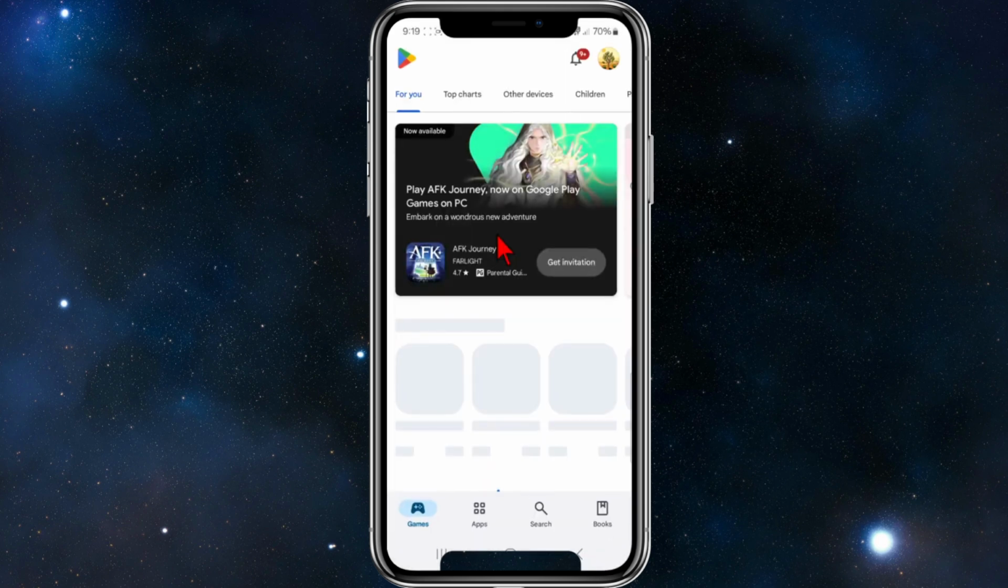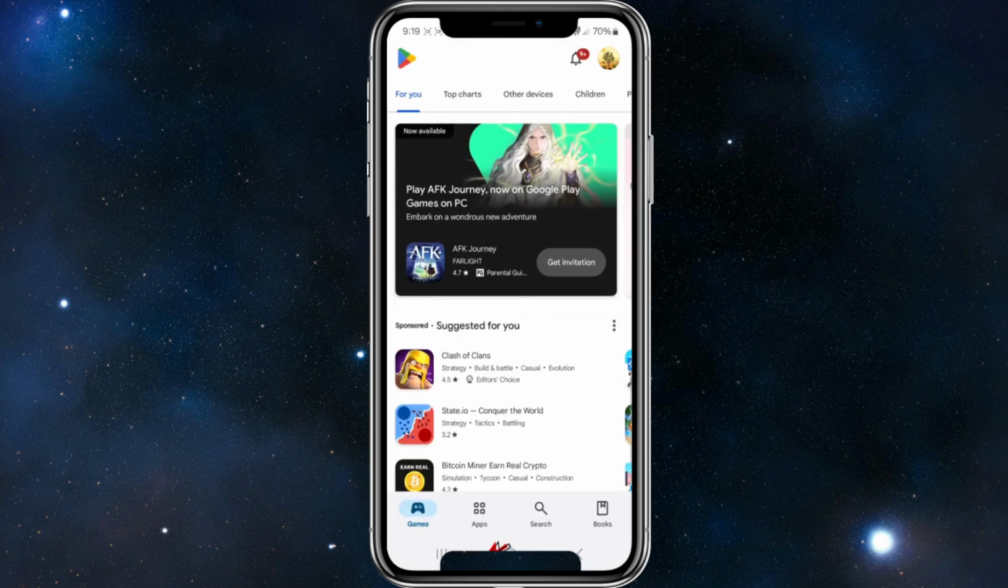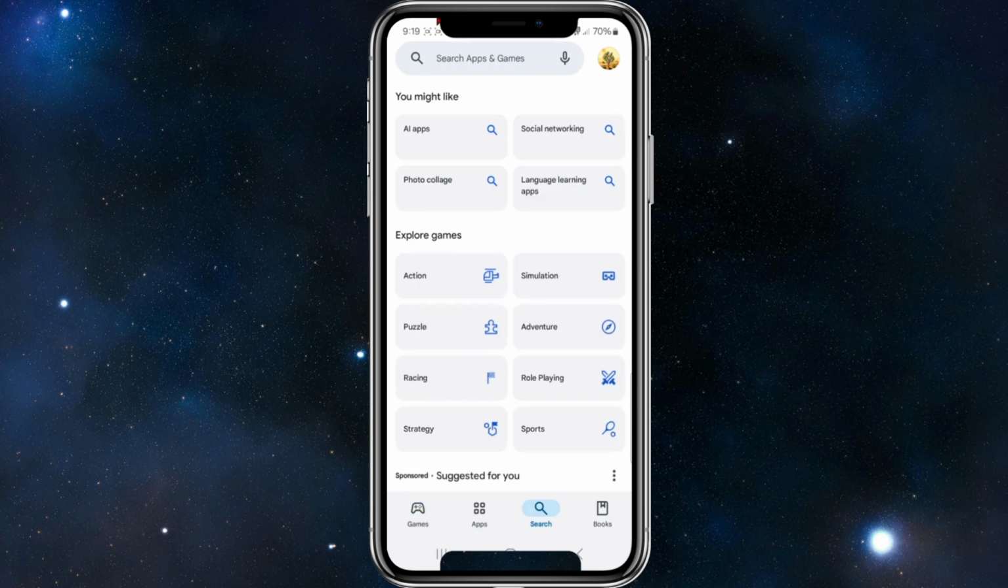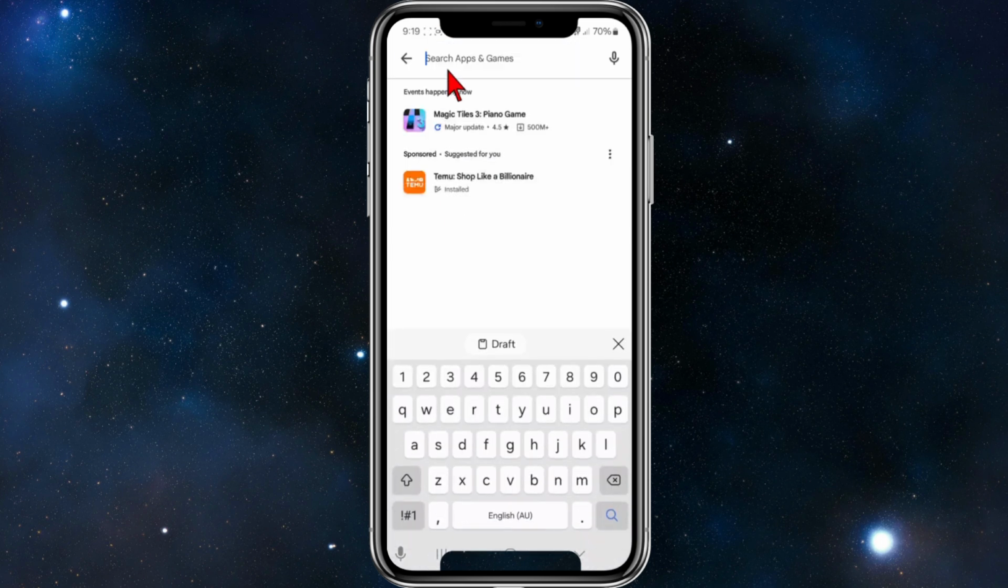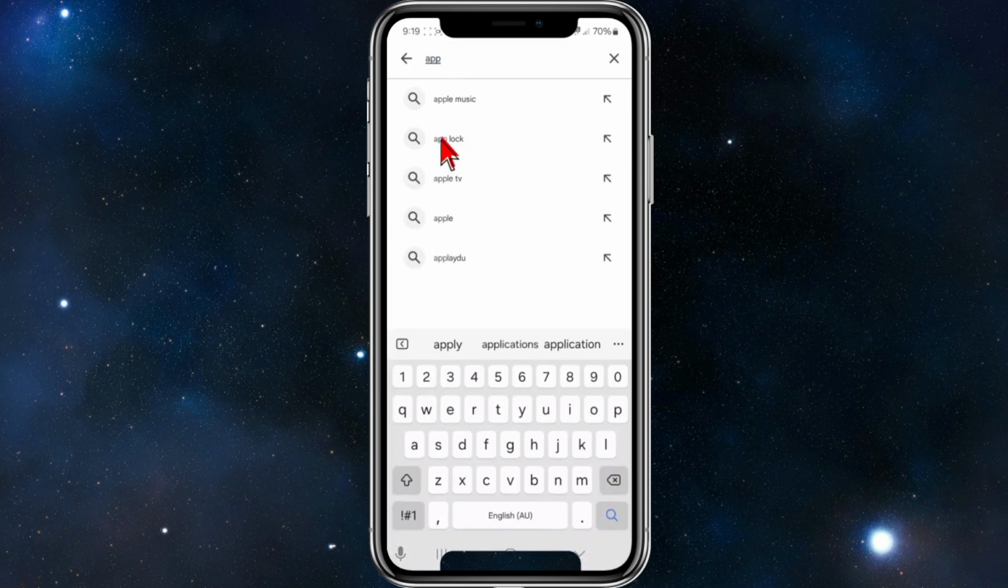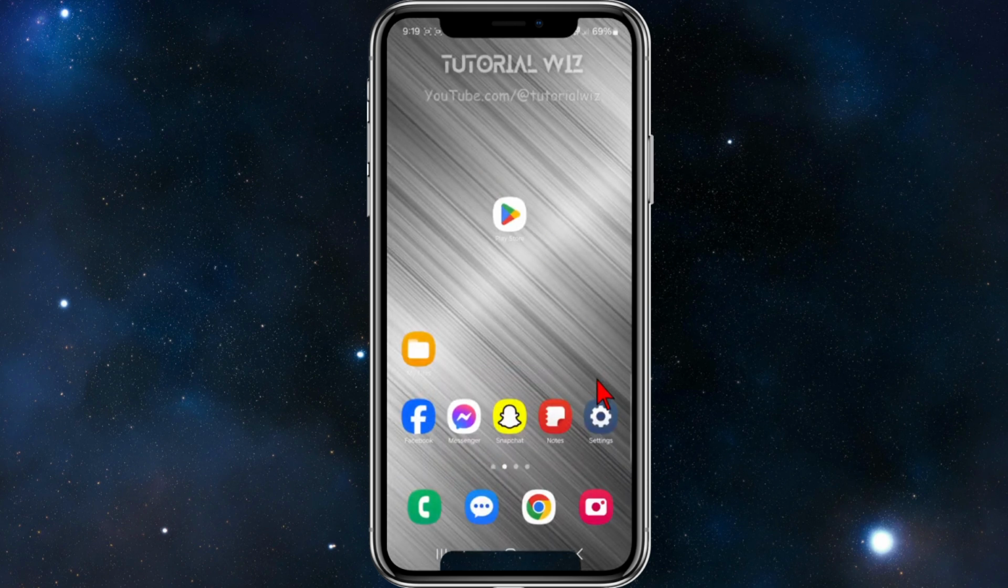Okay, so if I go ahead and open up my Play Store, you can see my font size has been set to this. And if I go do a search, type in app, you'll see it's set to this size. And if I want to go ahead and make this larger, what I need to do is to head back,